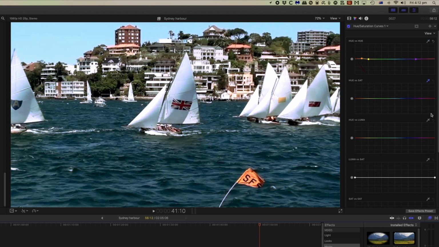So let's select the sky. We'll click the eyedropper and then we'll drag over the sky to get a selection of the sky. There's a vertical line, same concept as the hue versus hue curve, and these points are the range. You could bring the range closer so that only this point had changed, and then now we can increase the